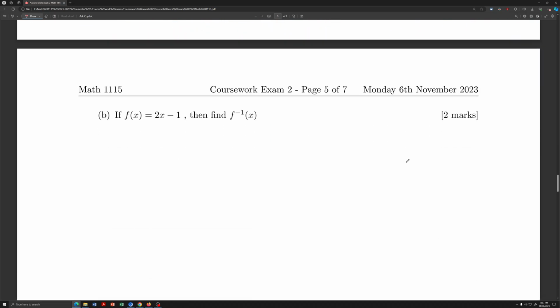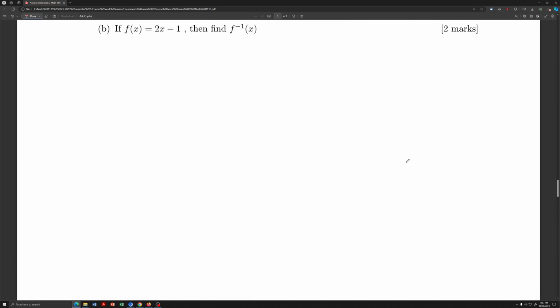Now we're going to move on to part B. It says if f of x is equal to 2x minus 1, then find f inverse of x. Okay, so let's write some statements. The given: f of x is equal to 2x minus 1, we have to find f inverse of x. So in order to do that, let's consider